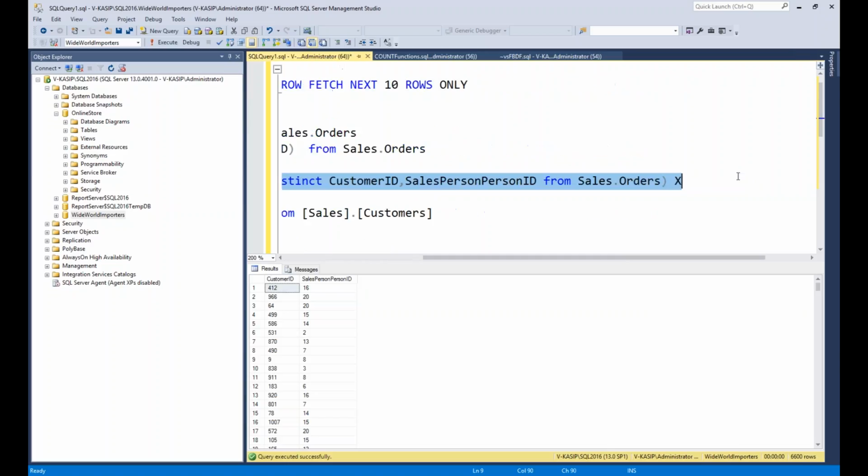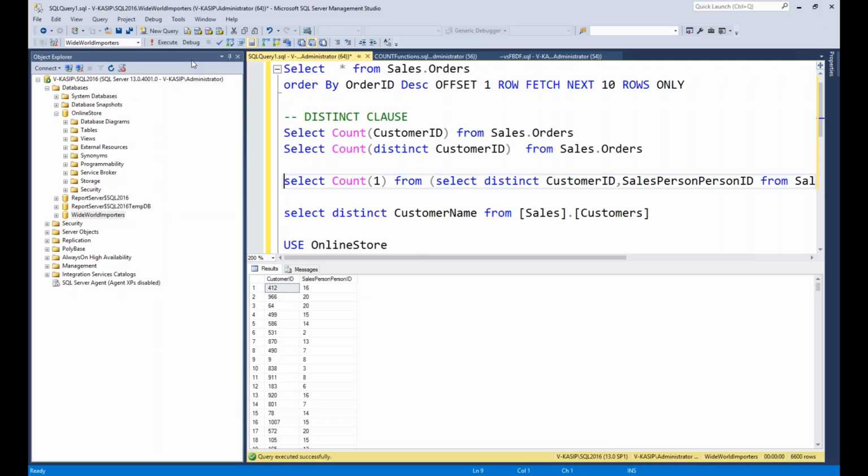From this one. Now if you see, out of 73,595, 663 distinct customers are there. These 663 distinct customers make 6,000, each customer with a different salesperson. He made multiple transactions. Okay, so